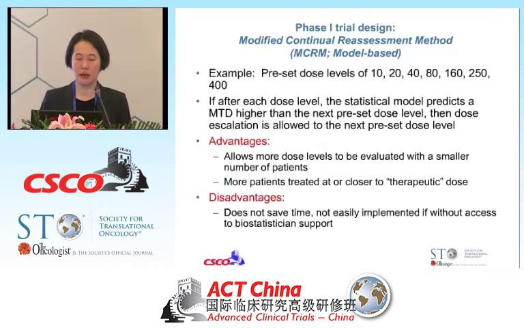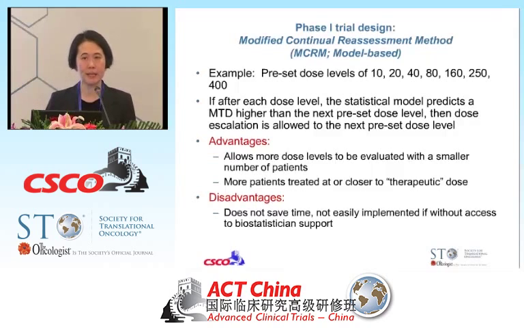Despite that, there are modifications, for example, to a Bayesian design, such as the CRM, continual reassessment method, because clearly we still have to be guided by safety. So let's say you start off at a dose of 10, and even though the model tells you 400 is fine, it is unlikely that any phase 1 trialist will feel, okay, after the first dose level of 10, let's go to 400. That's a bit too rash, that's too dramatic. So we still set ourselves some rules, but we're trying to use as much information to update the model.